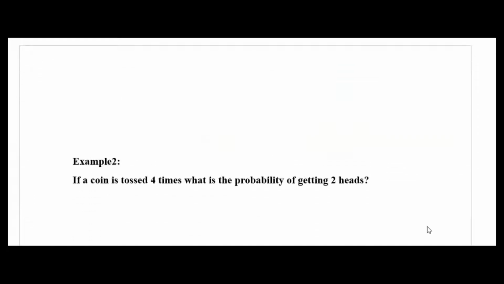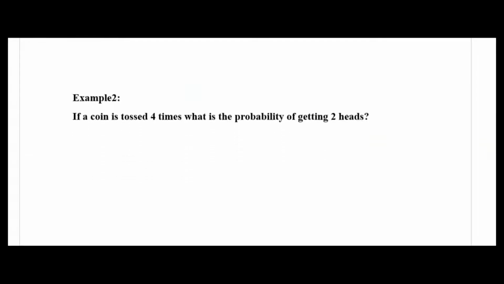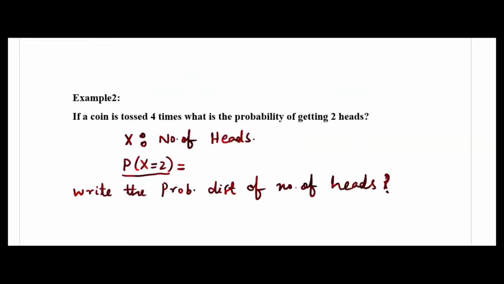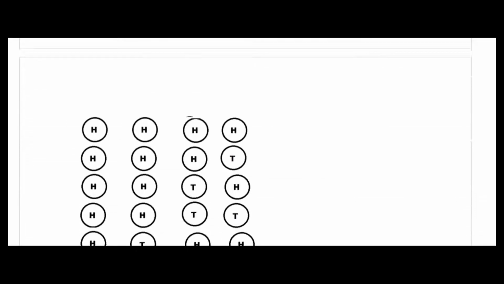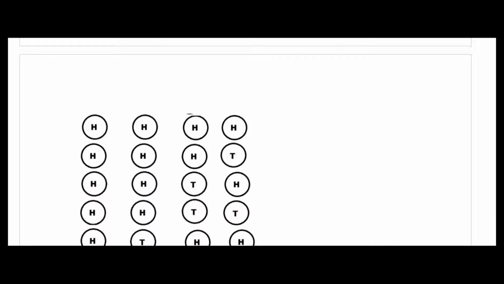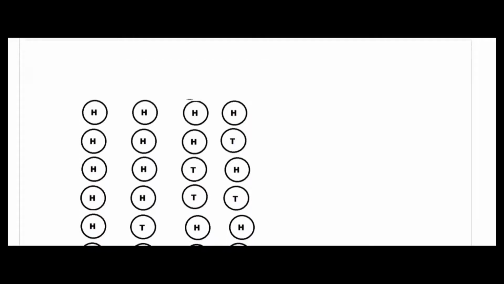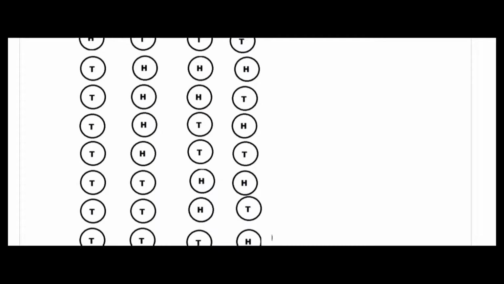Now if you come to the next problem, if a coin is tossed 4 times, what is the probability of getting 2 heads? We are interested in this one here. We want to know all the possibilities and their chances. You can use a combination formula here, but we will go to that. See, if you want to find the probability, you need all possible cases. How do you get all possible cases? 4 heads here, then you see 3 heads, 1 tail. That way I have written all 16.